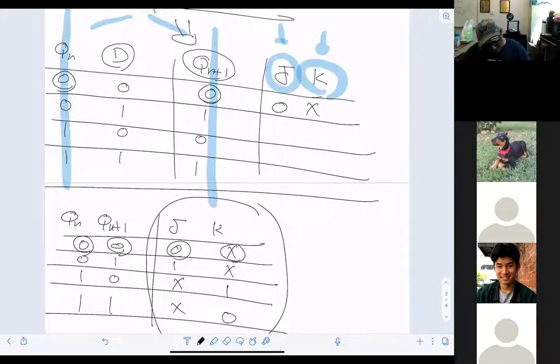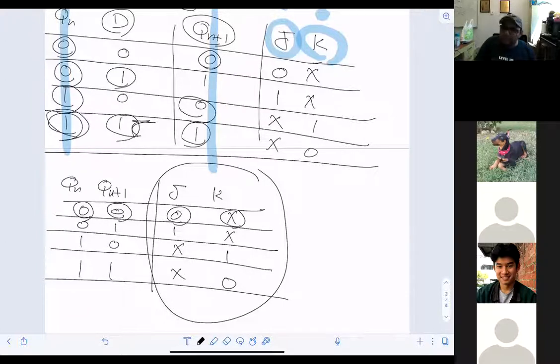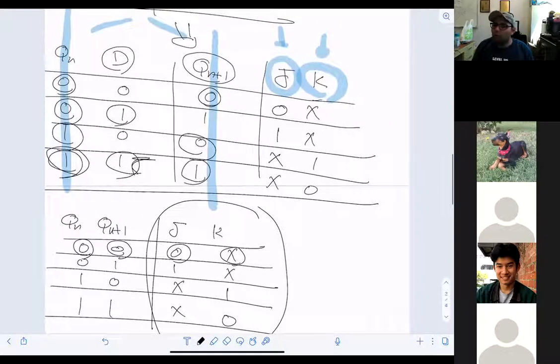Right? Then I have here 0, 1. So I have here 1, X. Then I have 1, 0. So I'm talking about what's X1. And here is 1, 1. Oh, sorry, 1, 1. They're going to be what? X0. So in that case, I already filled what I'm looking for the JK flip-flop. Right? Now,